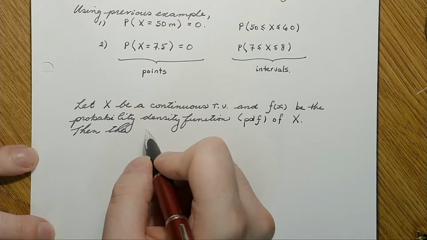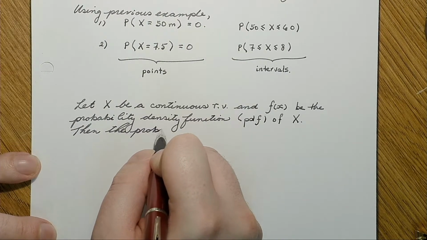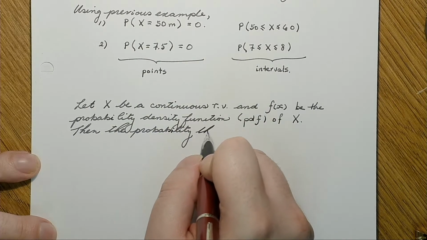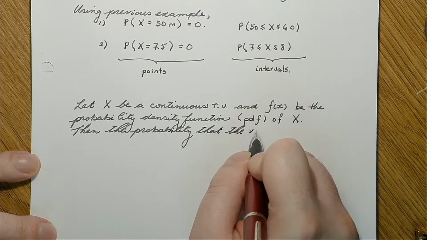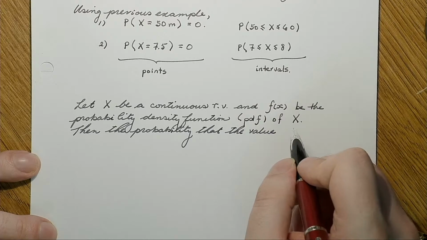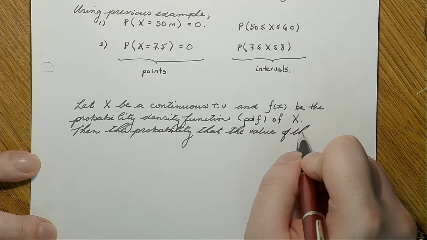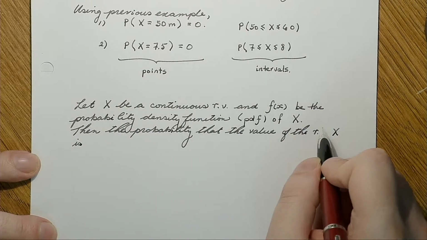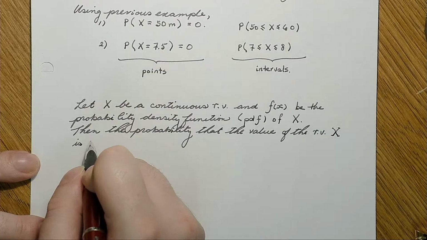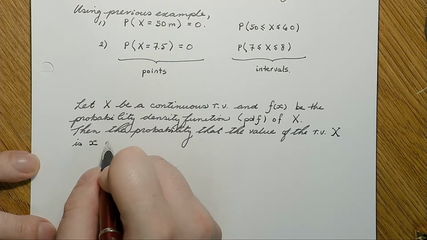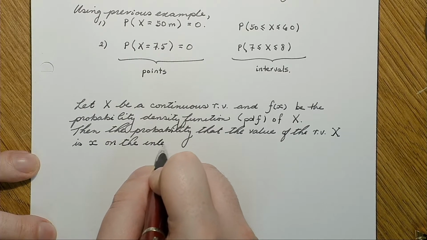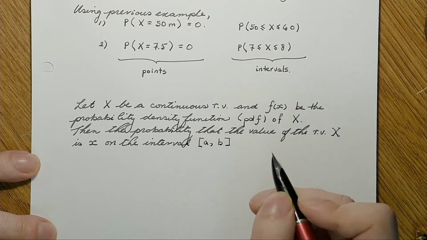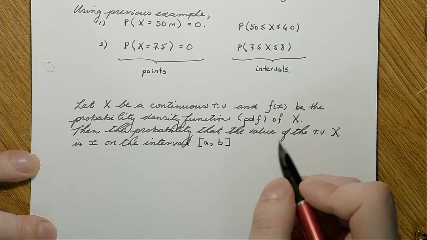Then the probability that the value of the random variable x is little x on the interval a to b is given by,